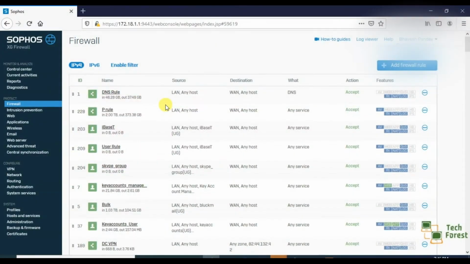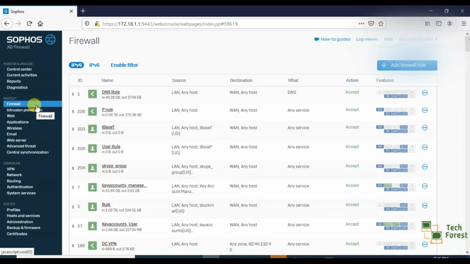Today we will use our physical firewall to perform practicals because in our demo virtual machine a few features are not available. Here you can see the firewall option, and in our last video the same option was represented by rules and policy.